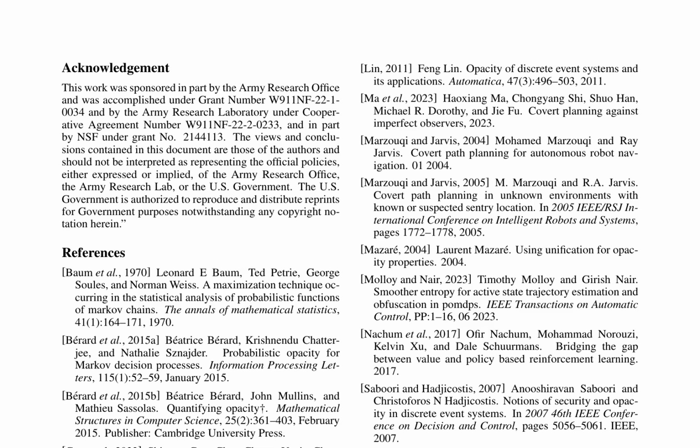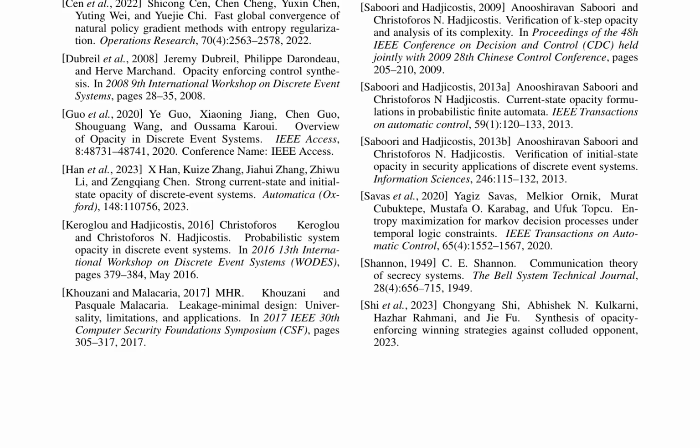The authors introduce information-theoretic definitions of opacity in dynamical systems modeled as Markov decision processes, focusing on observers with imperfect information. They develop opacity enforcement policy gradient methods based on message passing in hidden Markov models for two basic types of opacity: last state opacity and initial state opacity. The results indicate that maximizing last state and initial state opacity cannot be achieved using standard entropy-regularized MDPs. The proposed methods outperform baseline algorithms by exploiting the noise in the observation to optimize opacity.